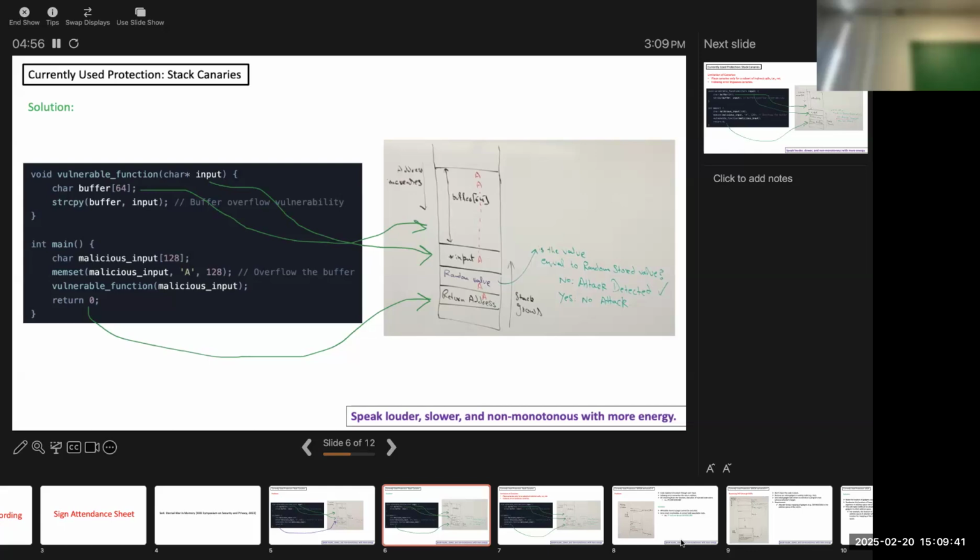So you still have that pointer here, you still have that buffer. And now if the attacker, let's say, provides an input string of 128 characters, it will still overwrite everything, including the random value. But the difference is that this time, once you are done with this function and you are going to return from here,